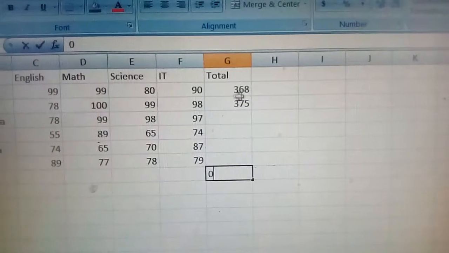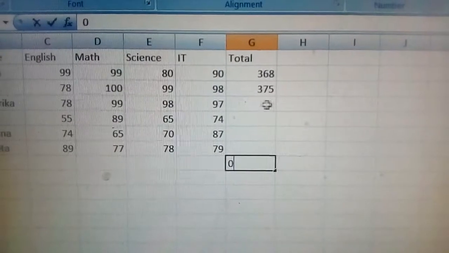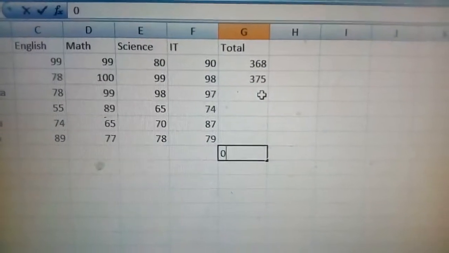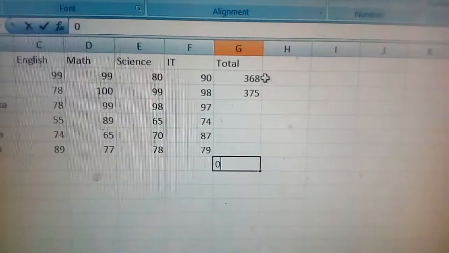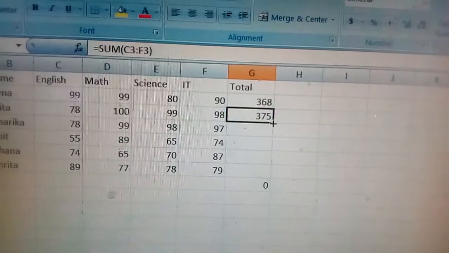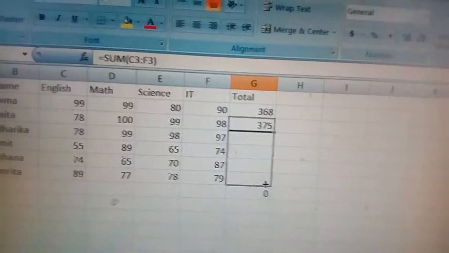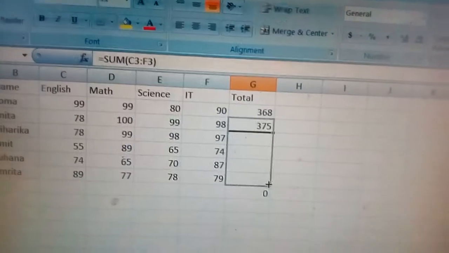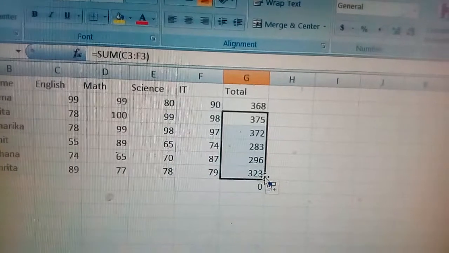Now in each and every line you would have to write equal to sum and then the function. That is time taking, so you can copy this function. How will you copy that? Just click over here and then drag your mouse. This plus sign will come, you can see. So just drag your mouse and then drop it.